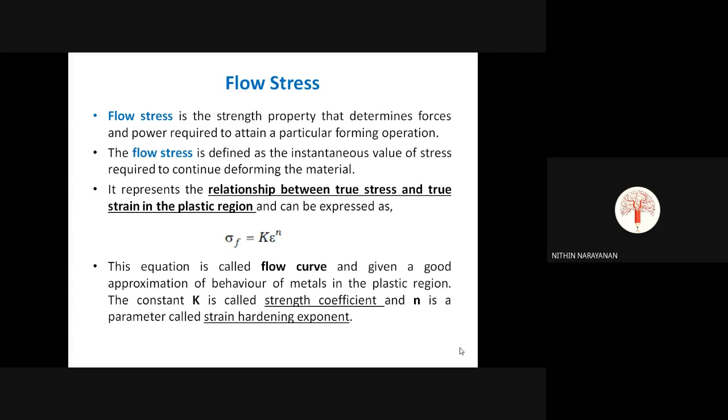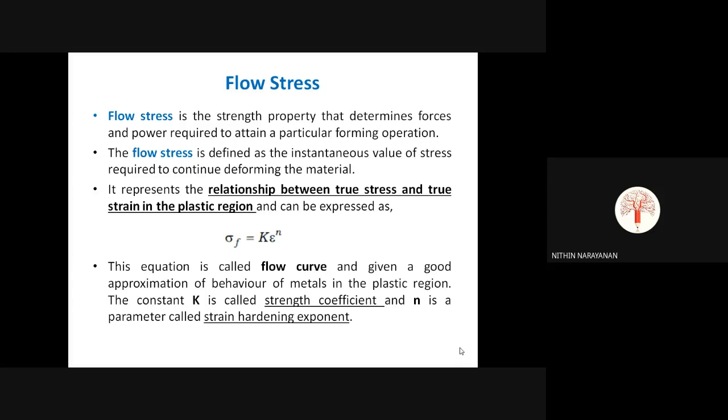So we have to take this flow curve equation. That is, sigma is related to strain epsilon in the form sigma f is equal to capital K into epsilon raised to n. The constant capital K is called the strength coefficient, and small n is a parameter called the strain hardening